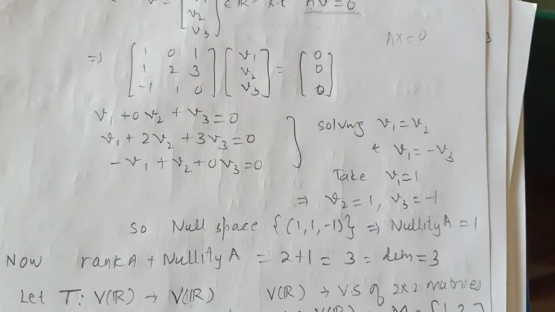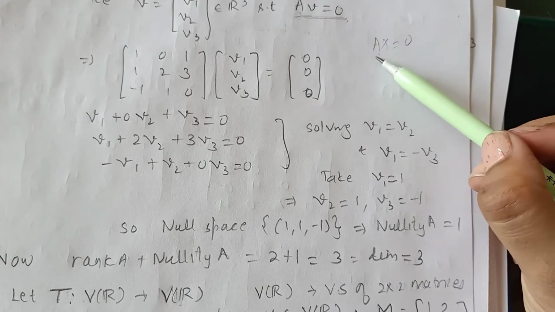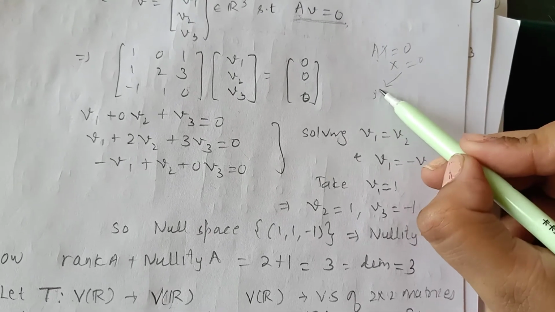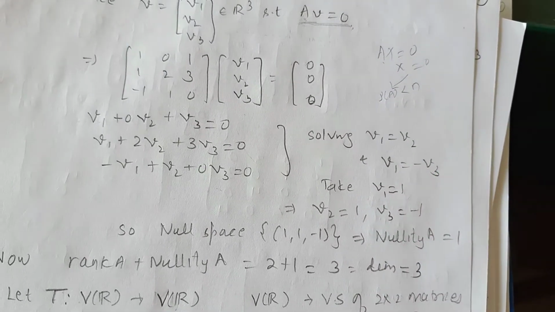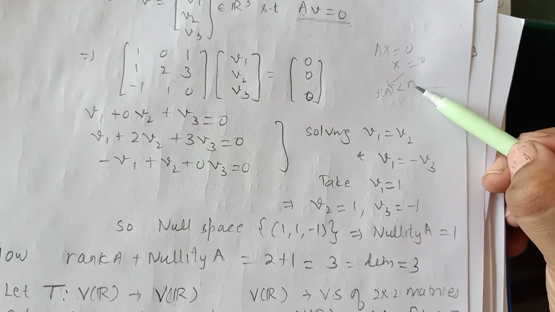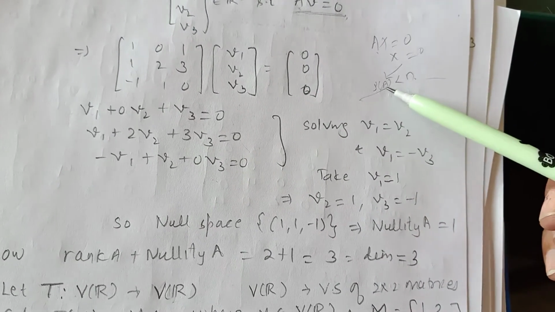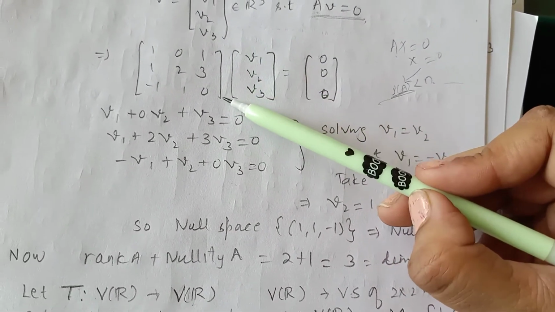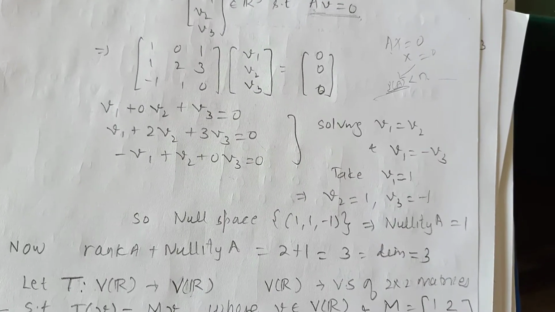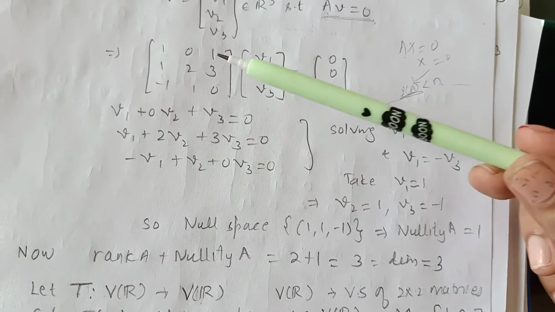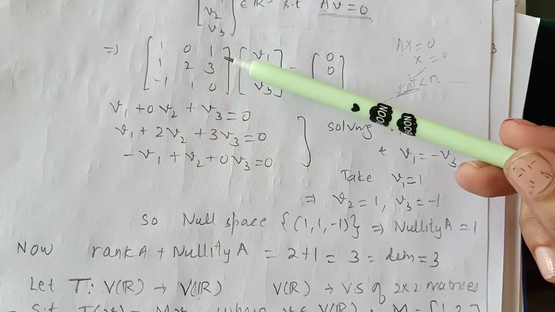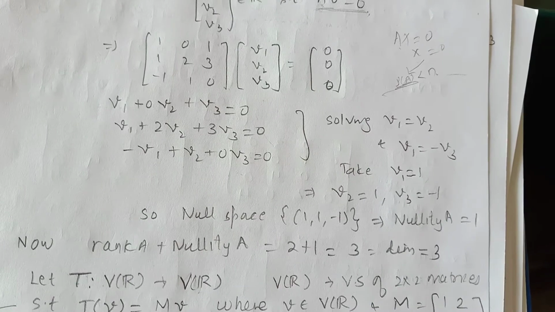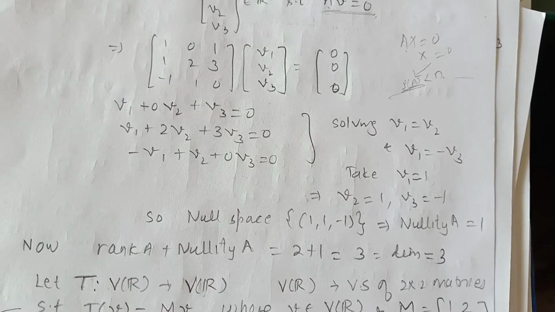I have repeated this many times. Once again, let me tell you, this system always has a 0 solution. It will have a non-zero solution when the rank of A is less than n, where n is the number of columns. So what you have to do to find this rank is convert this matrix into upper triangular form and count the non-zero rows. The number of non-zero rows will give you the rank, and again the rows which correspond to non-zero rows, the original rows, as we have done in the case of rank also, will give you the nullity.